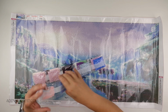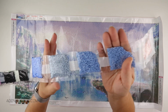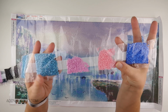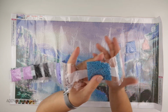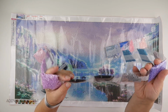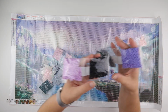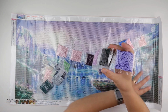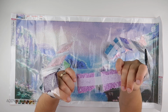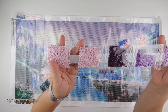We have got a little bit of 310, but we have really nice soft pinks and blues, some stronger blues as well, even some stronger pinks. That's a nice blue. Then we have some purples. Oh, is that the black? It is. So we do have 2 bags of black. We have quite a bit around the edges. But then we have some really nice purples. In fact, we have 2 bags of purples, of one colour of purple, you know, just to compensate for the